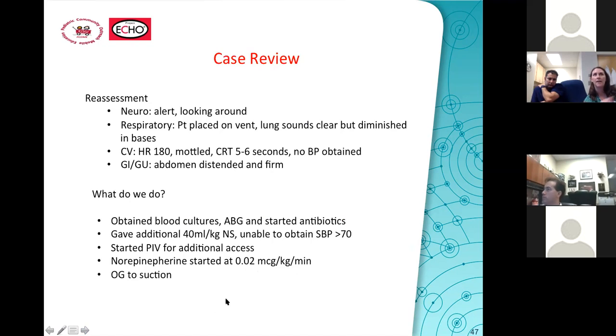Do you guys have protocols for pressor titration? Like, is it nursing driven? Is it something you have to go and discuss with the doctor? Or do you just titrate to keep systolic blood pressure greater than a certain number? I'm curious. For adults, we have protocols for nurse-driven titration. For peds, I honestly don't think we have any sort of protocols on that. Yeah. We're the same at Anderson. We have them for adults, but we would consult physician for peds. Okay.